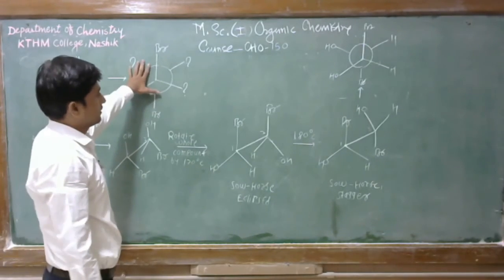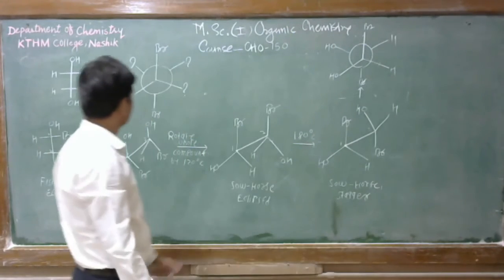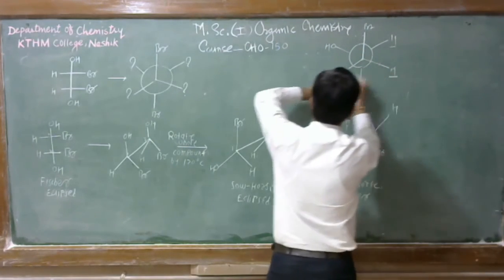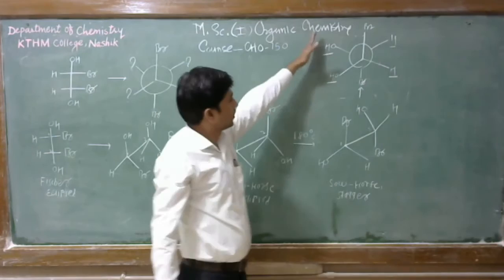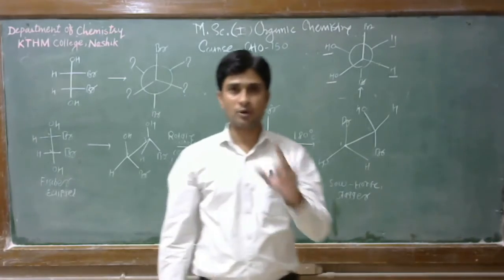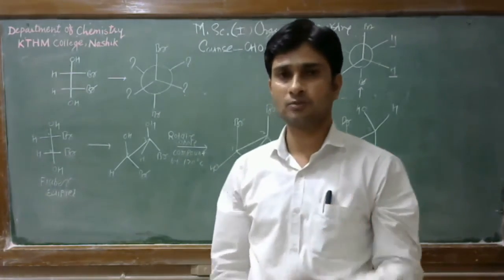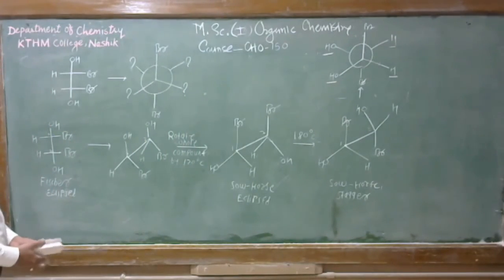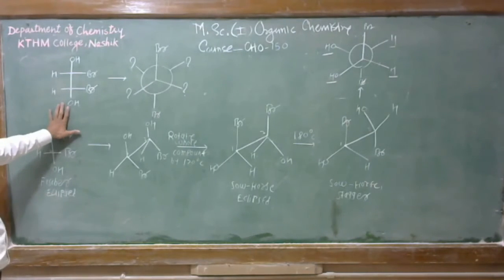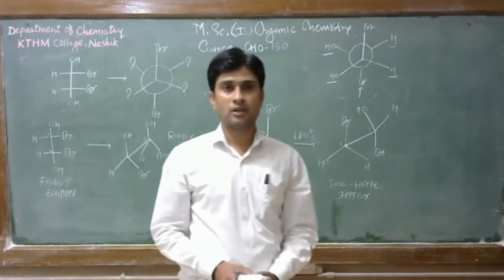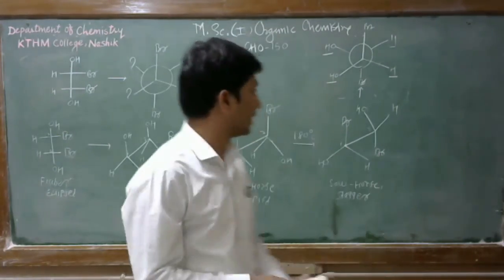So please observe the given structure and our concluded structure, our resultant structure. See, this bromine and this bromine are here, and the four groups that we determine here are two hydroxyl groups on the left hand side and two hydrogen groups on the right hand side. So this type of question is asked for 4 marks. Now see here. We have discussed conversion of Fischer projection formula into the Newman projection formula. Now we are going to discuss the conversion of Newman projection formula into the Fischer projection formula.